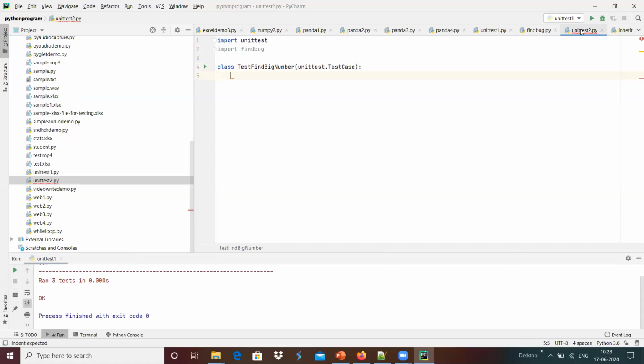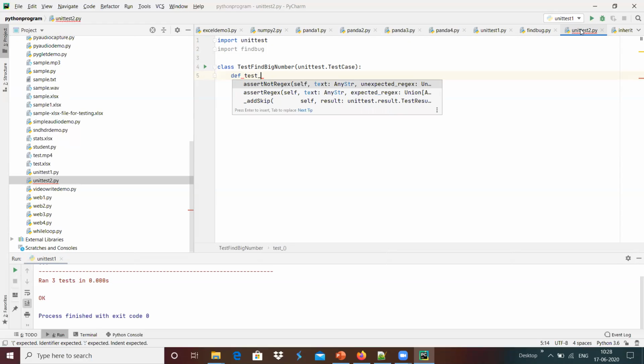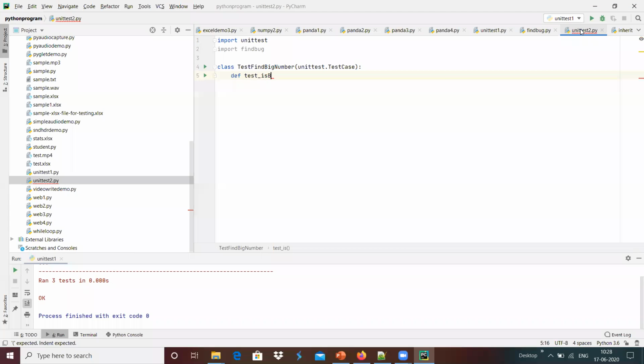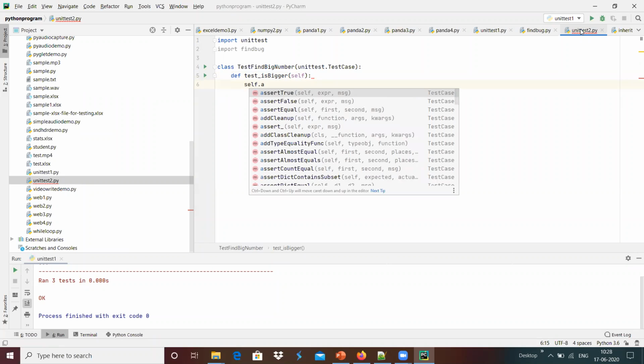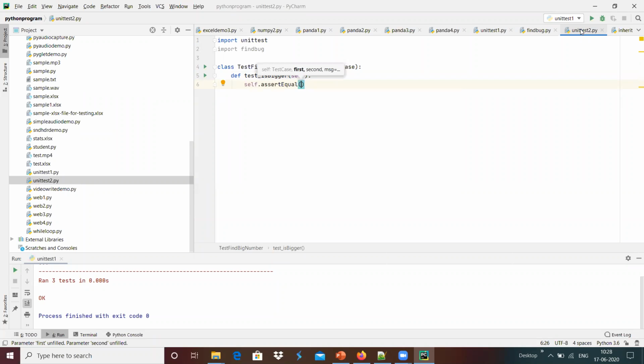And maybe we can start creating the test, maybe a def test_is_bigger over here, and maybe we can do self.assertEqual, something like we can pass find_bug.find_big.